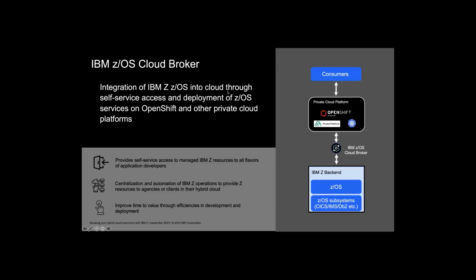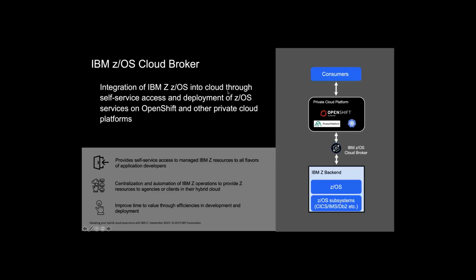Now, for that specific client, they wanted to improve their developers' dev test experience. So as a developer, if I want to deploy a new test environment, like let's say a new CICS region and deploy some Liberty logic in that, it was very hard for them to do it because they had to send an email to a sysprog, and we all know how busy sysprogs are. They're super overwhelmed in terms of the work because everyone keeps on sending them requests, and typically